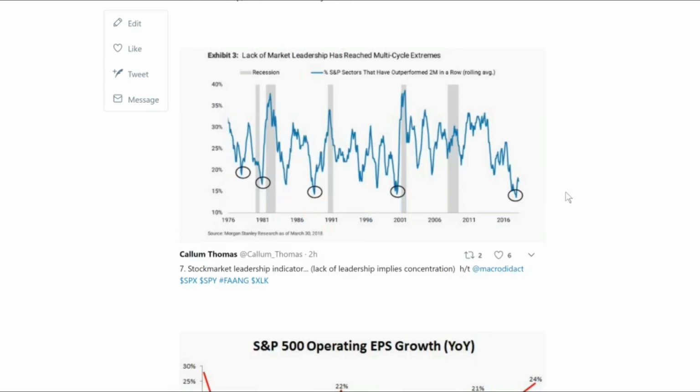It shows you market leadership, and here it's saying S&P 500 sectors that have outperformed 2 months in a row. So when you have a really low reading of this, it basically implies that you've got very concentrated market leadership, and vice versa. It shows you that the leadership's more broad when it's higher. And why is that relevant? Well, because we saw it get to these levels at some fairly hairy points in the past. .com 87, is it 87? Not sure, but anyway,